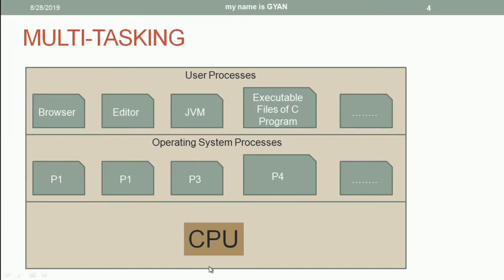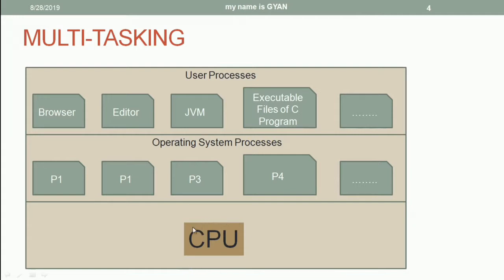Suppose that a computer system has only one CPU, but the computer system has more than one program to execute simultaneously. In that case, how does an operating system manage all these programs to execute on the CPU so that none of the processes get stuck? This type of facility is called a multitasking system. We already have seen an example of a multitasking system in the previous video of this session.